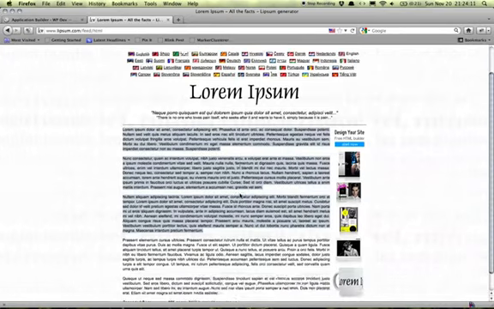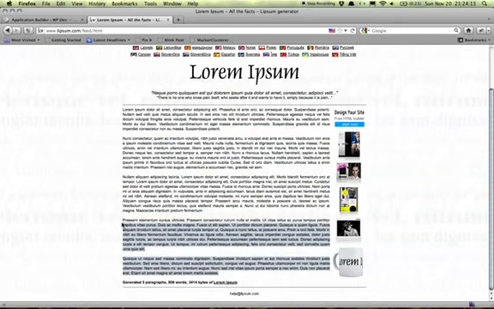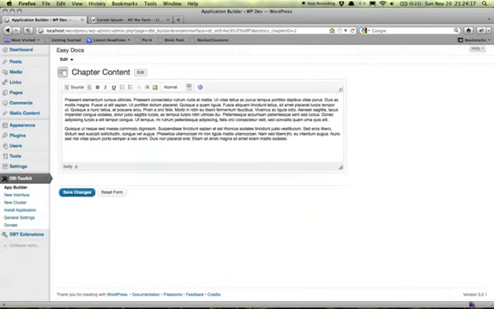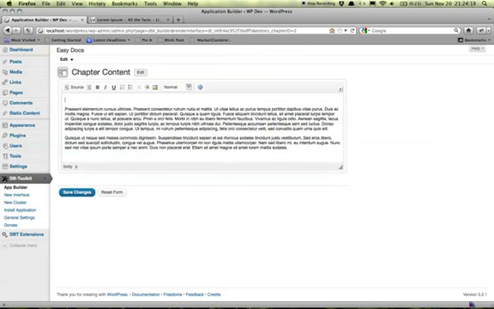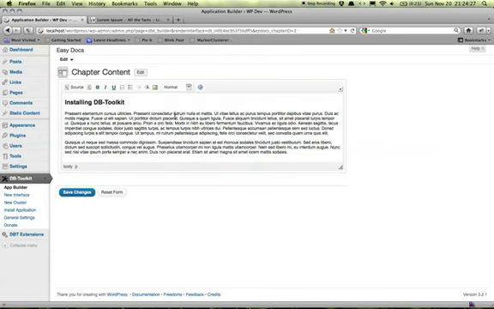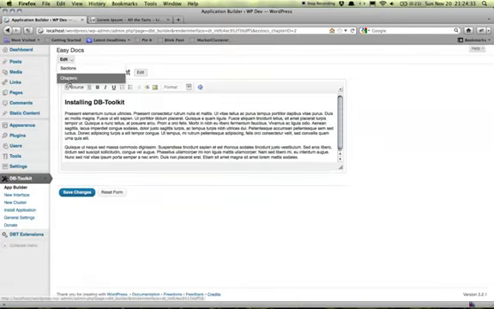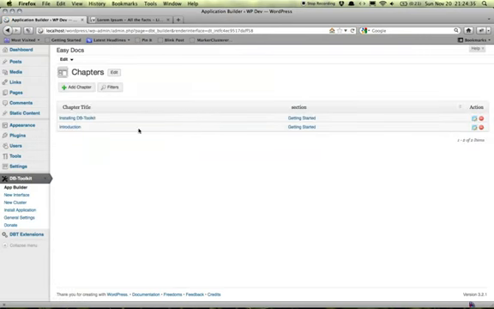So let's copy a different block of text so it doesn't look like the same, and paste it there. And we're going to go to installing DB-Toolkit and call that heading number 2. And that looks pretty neat. Let's save those changes. Chapters updated, and we can go back to our chapters and see there. Right, so there's our two